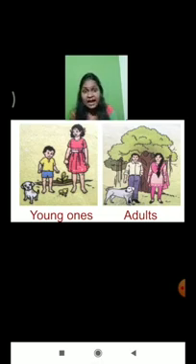You can see that the boy is modified into the man, that girl is modified into the woman, that small plant got converted into the huge tree, that small puppy is converted into the huge dog also. You can see the diagram very clearly. Okay, so here the first picture shows the young one, the second picture shows the adult one, and I hope you can get the difference between them.